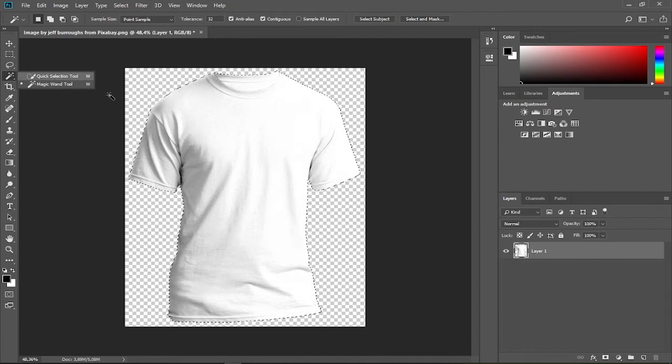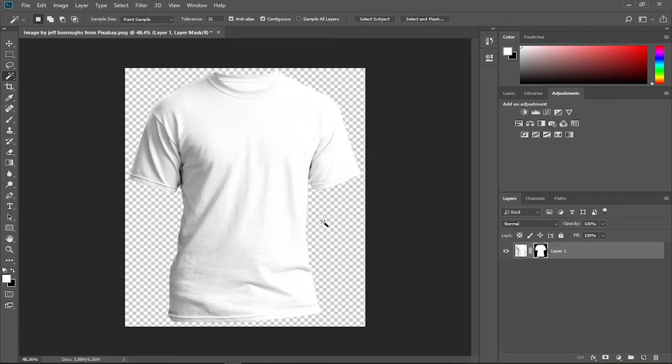For those of you who use the Quick Selection tool, the selection doesn't have to be precise because we will only blend the middle part of the texture. Then make the selection as a layer mask by clicking this icon. It's okay for the displacement file that we will make to be just like this.